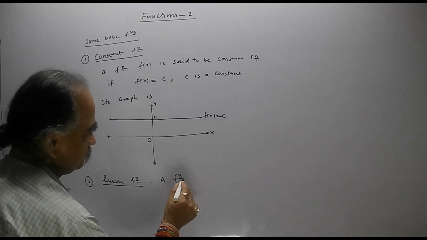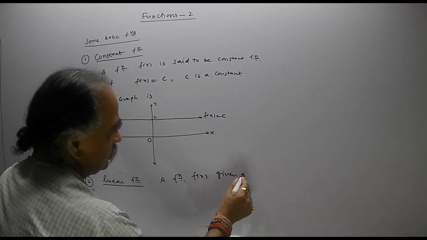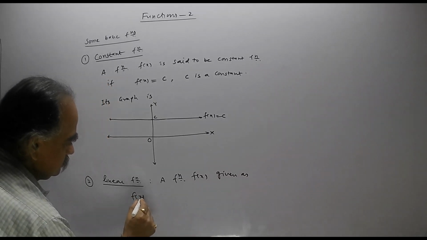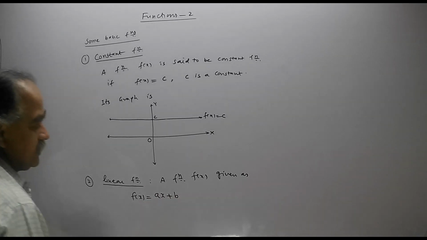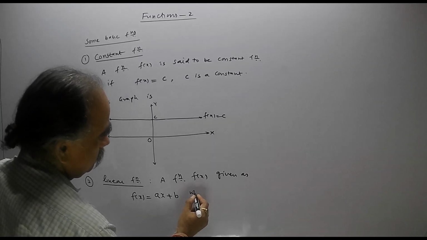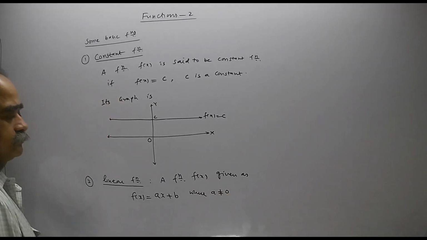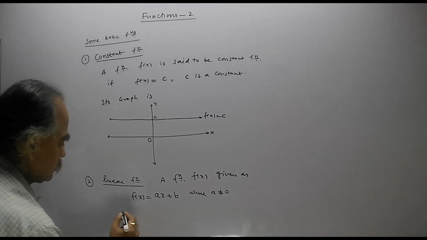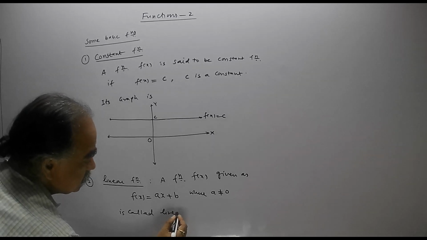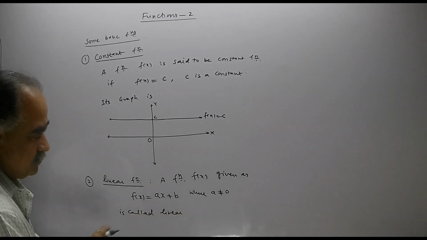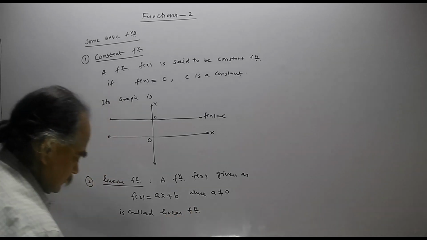A function f(x) given as ax plus b, where a should not be 0, is called linear. Linear means line. It is derived from the word line. Linear function. Its graph